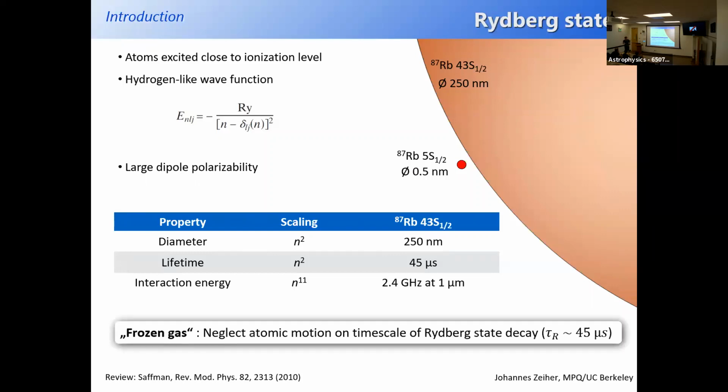And one consequence of this lifetime that is actually very long compared to, as I said, the underlying excited state, but it's very short compared to the motion, is that we can consider all the atom states frozen. So even if we didn't have a lattice that would hold the atoms, we could actually neglect any motion because during the short time that the Rydberg states are excited, they don't move. But still, because the interaction is so large and it actually vastly exceeds the inverse lifetime, we can see strong effects of that interaction. So we have a hope to get coherent interactions and see those in these Rydberg states.